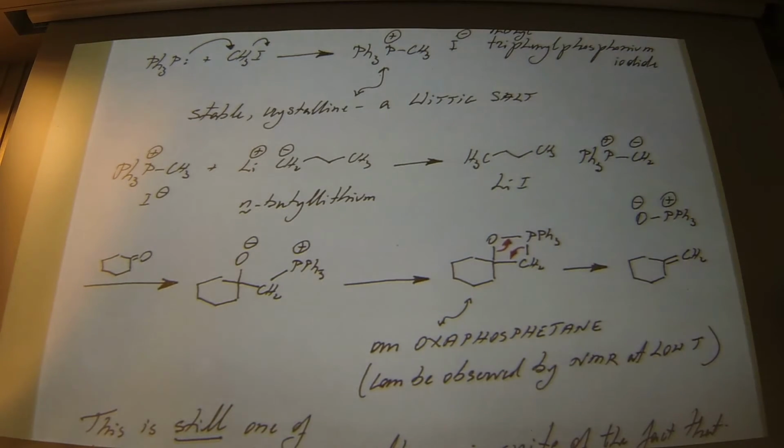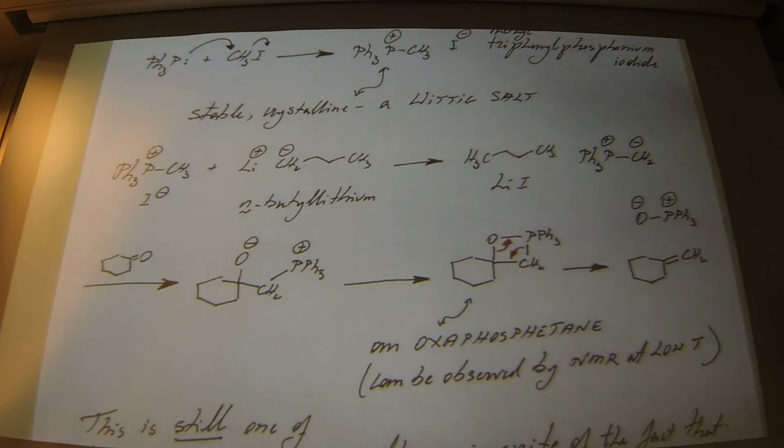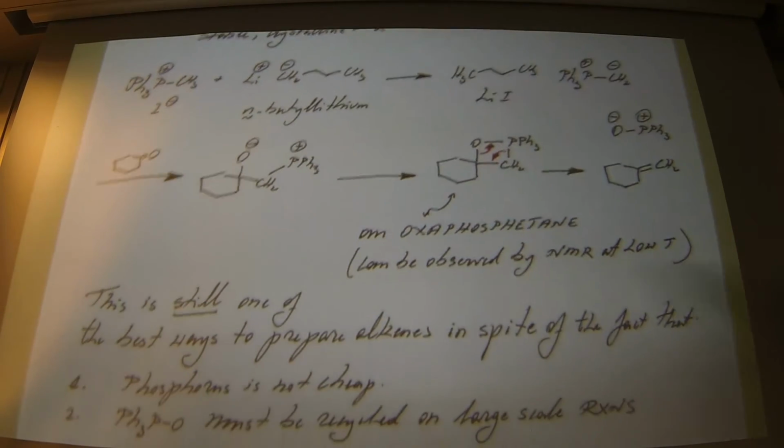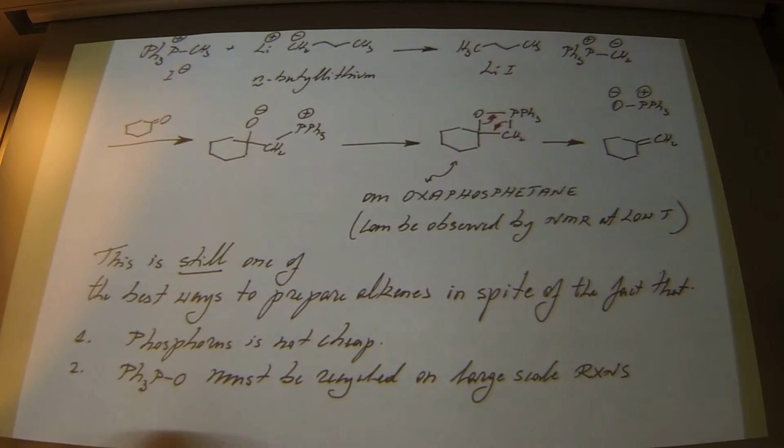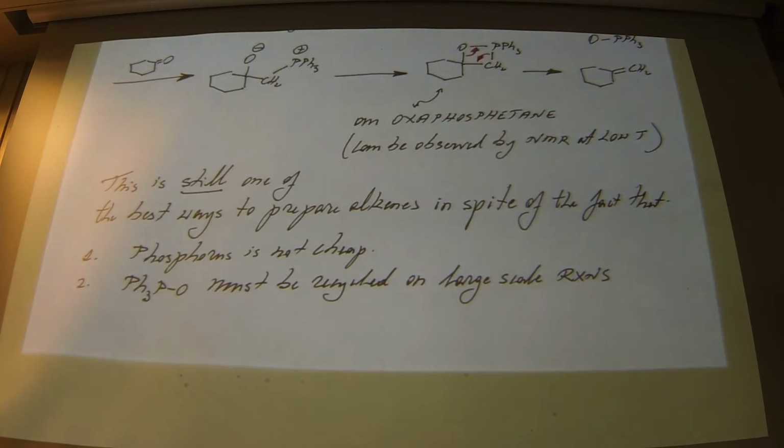You do a low temperature NMR experiment, then run the NMR and let the temperature come up gradually, and at some point you start to see this plus that, and then you can follow the reaction by NMR. So that's one way to determine mechanisms. Now, in spite of all the problems that I indicated, that phosphorus is not cheap and that the phosphine oxide